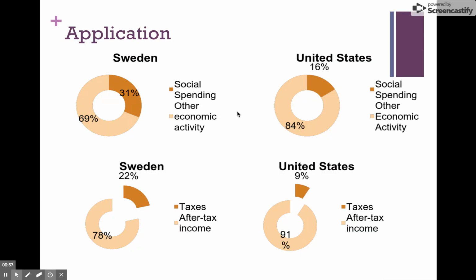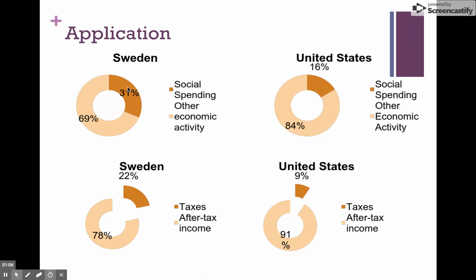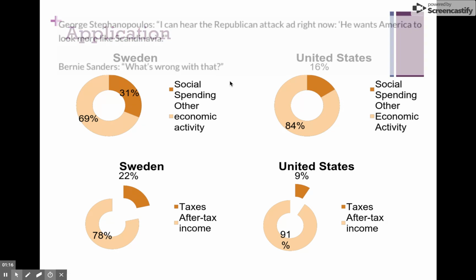So we could live in a country like Sweden where you're taxed a lot more. Right here, that's our graphic. But lots of your social spending is paid for. What do we mean by that? You can go to college for free. If you need to go to the doctor, that is a free cost versus in the United States, that costs you money.